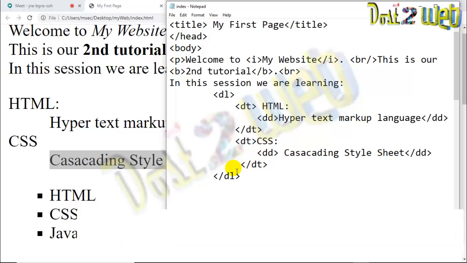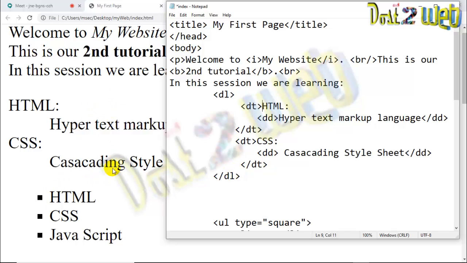So I want now the background color. You are seeing that every time we are using the white background. I want to change the background color. For changing the background color, you have to go to the body tag. In the body tag, you write BGCOLOR, background color, equal to whatever you want, say yellow, and save it. Let's see what output I'm getting.